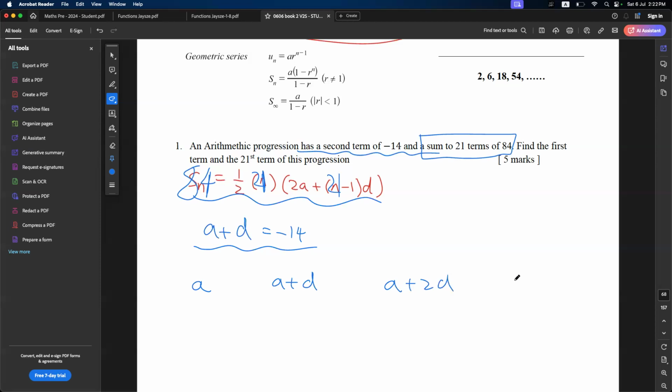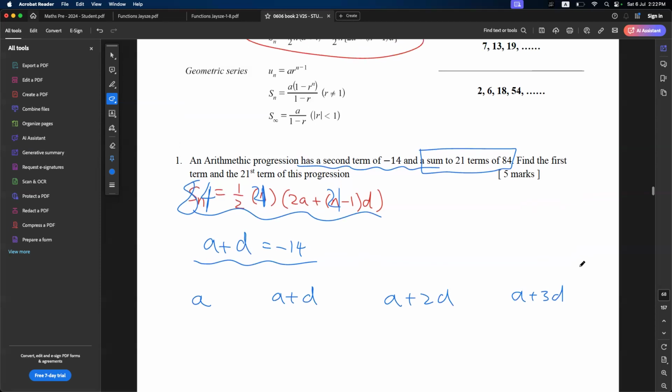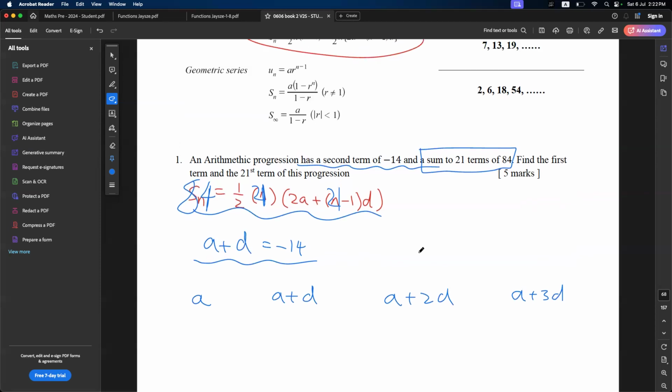Going forward, A plus 3D, 4D, 5D, and so on. These are some basic things that can help you speed up answering these types of questions. Because they say the second term, I will use A plus D equals negative 14. Now I actually have these two equations already: A plus D equals negative 14, and 84 equals